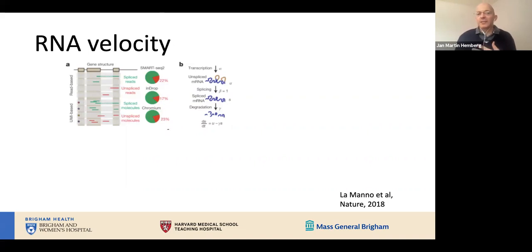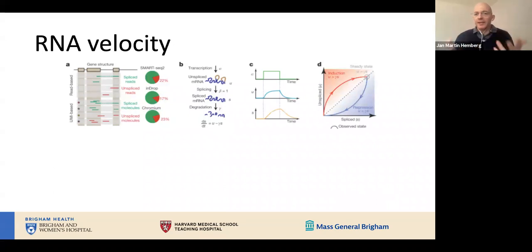Then you can set up a very simple first order differential equation for how the RNA gets transcribed and spliced, and using the number of spliced and unspliced reads, you can fit the parameters for this ODE, and then given these parameters, we can infer